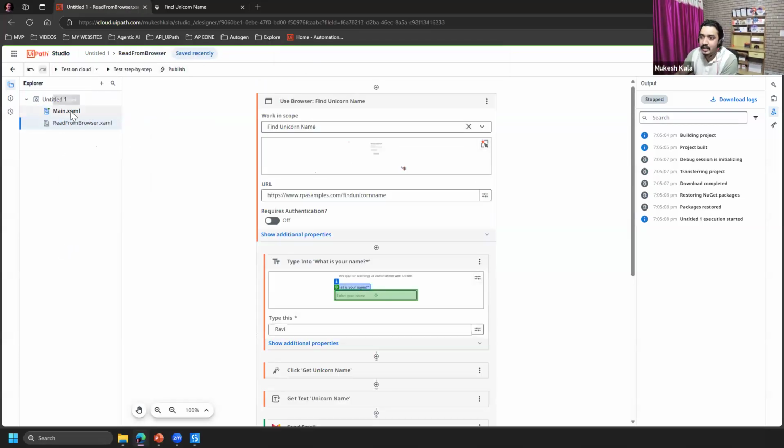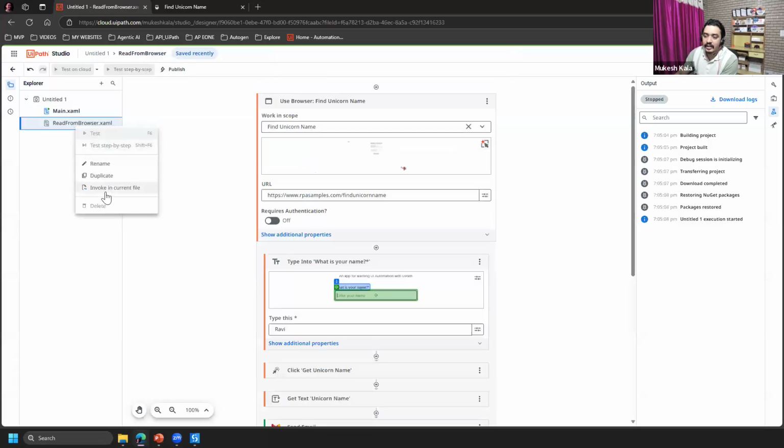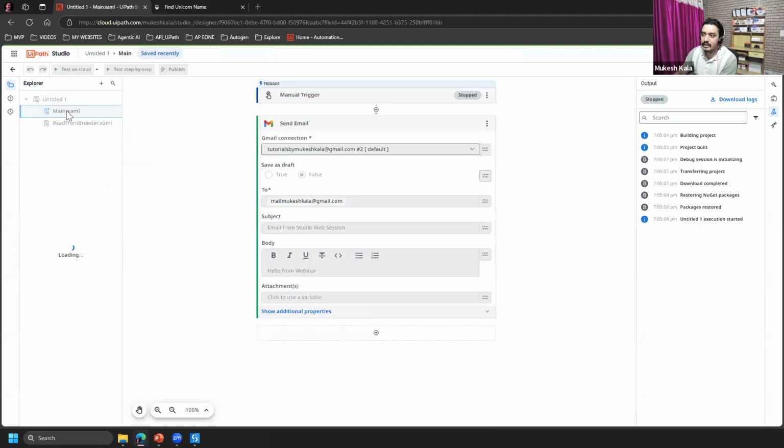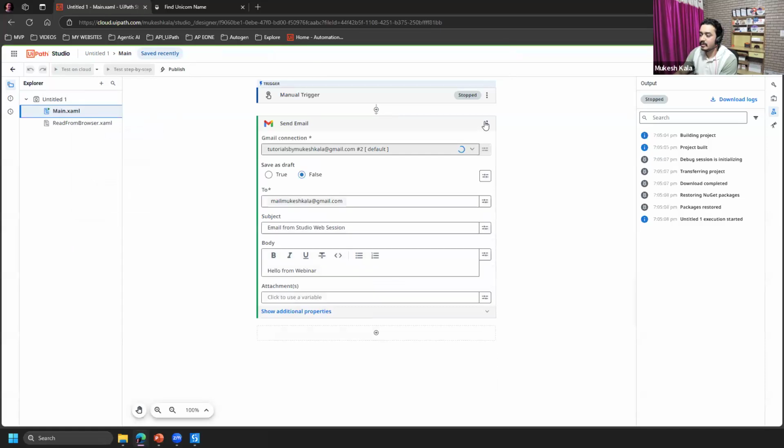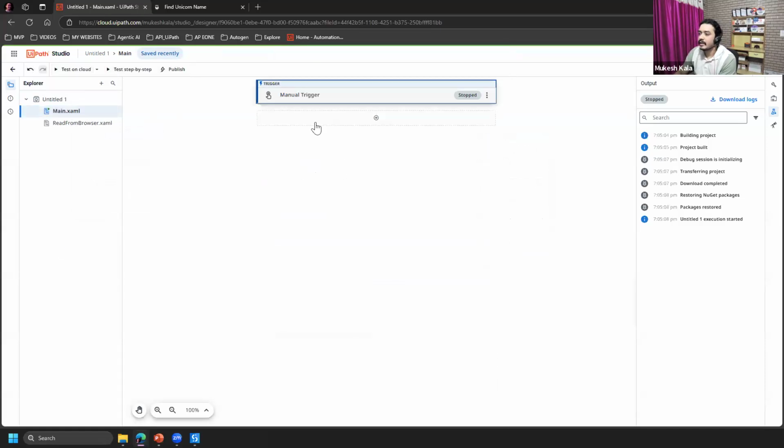So what I can do is right click on this and say invoke in the current file, which is this main.xaml. I'll just remove this one because we have already done it. So I'll just say remove. And this is my main.xaml. You see that small arrow. Then I right click on this and I say invoke in the current file.